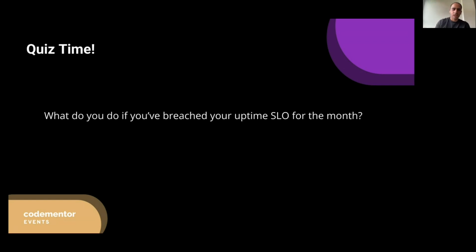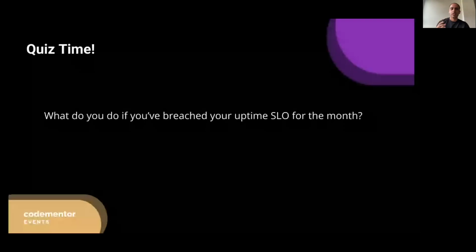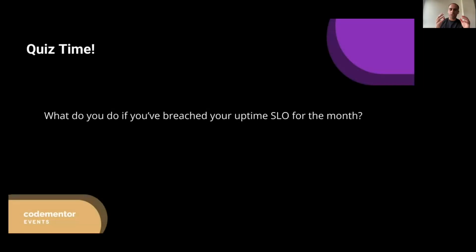Okay. So one of the very, very important answers to this question, I'm not saying that's the only answer, but one of the most important things that you do is a complete change freeze. The idea behind the change freeze: you no longer push any code to your system. You no longer push any infrastructure changes to your system, right? Whatever features, bug fixes you were working on, optimizations, or any firewall configurations you were working on, does not matter. For the rest of the month, you do not push any of those things.